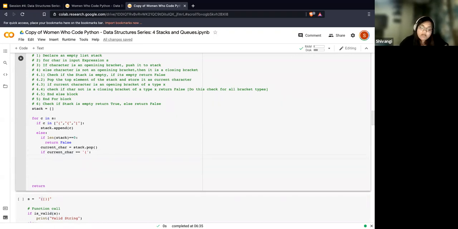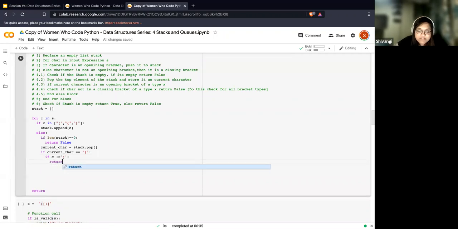And next I would want to check it. So here what you're doing is you're saying I'm doing a not condition. So if it's not a closing bracket of the same type, I can just exit this function over here, right? Because if the order is not maintained even for one pair of brackets, I can just exit and say it's an invalid string, right? Now, what do you think I should do about the other strings?